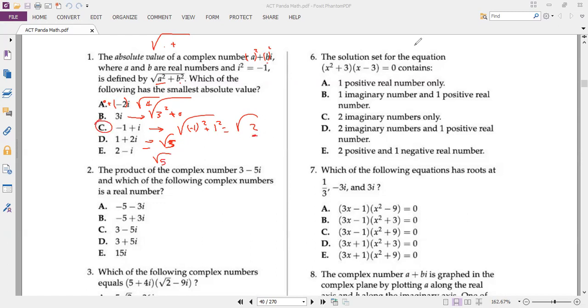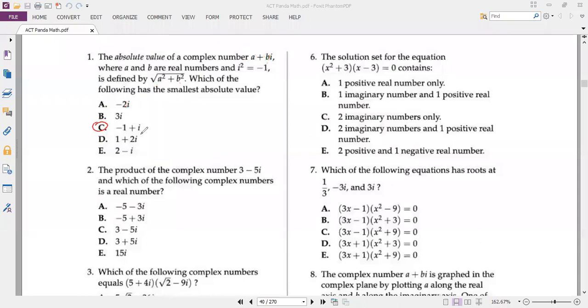Very clear. The smallest one is C, where the absolute value of the complex number is root 2. So this is the right answer. Number 2,